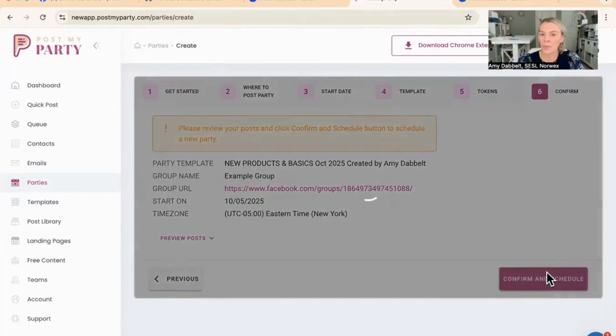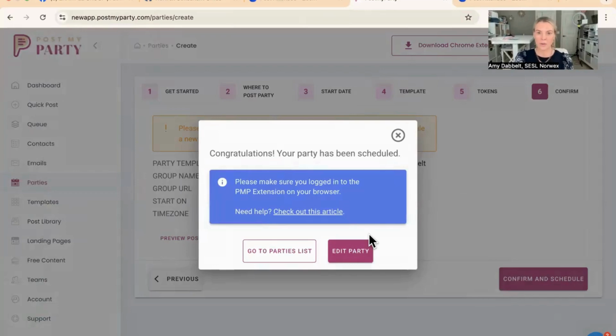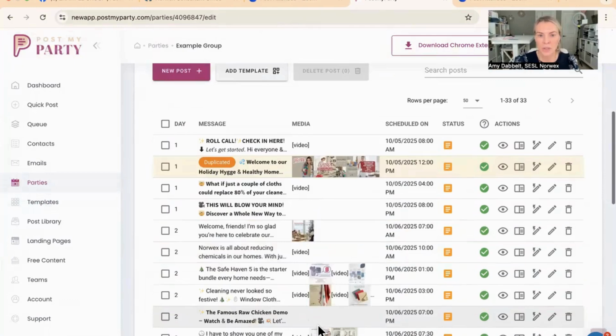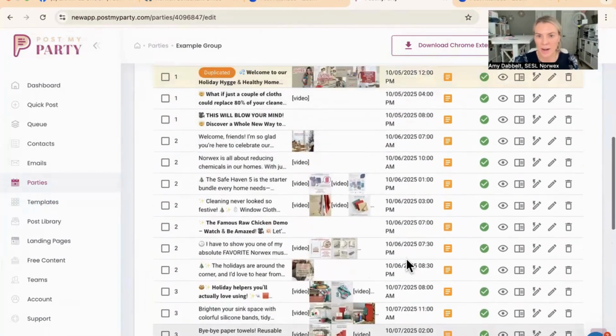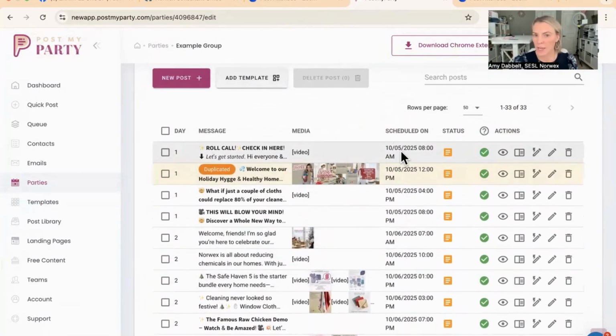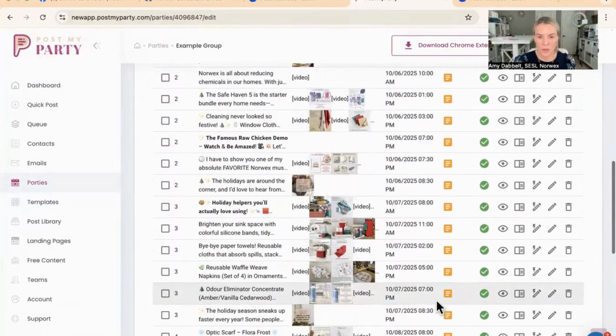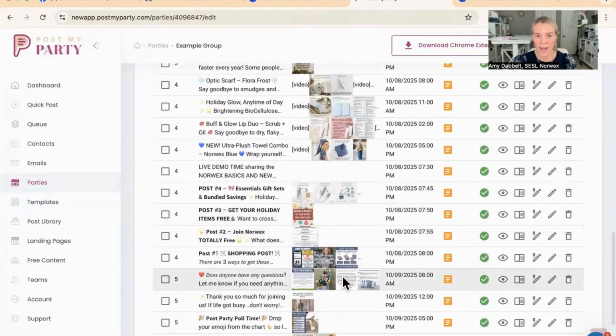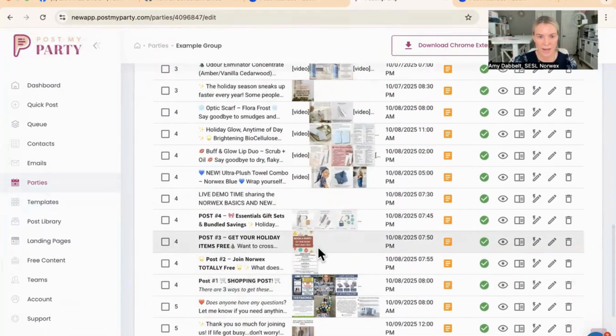I'm going to confirm and schedule. This is not going to put the post directly into the group. But what I'm going to do now is click edit party. And I'm going to scroll through the template here, and you'll see now the first post is scheduled to post on October 5th at 8 a.m. And if I scroll down to the main event, I have the main event here at